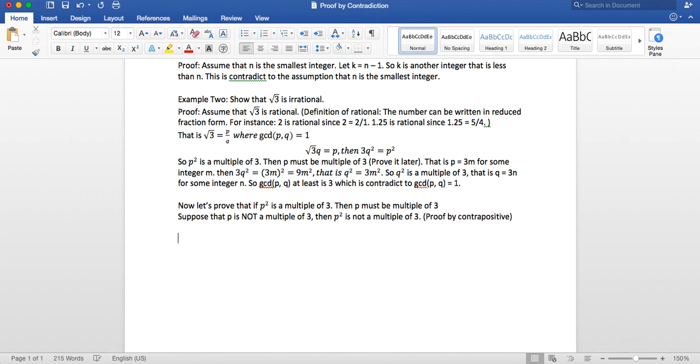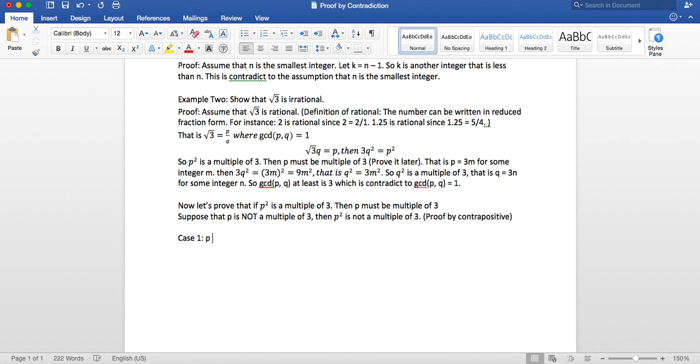Okay? Now, if p is not a multiple of 3, then p equals what? Well, let's say this way. You divide it into cases. Even when you want to prove this contrapositive, you divide into cases. Since p is not a multiple of 3, you have two cases. p divided by 3, remainder is 1, or p divided by 3, remainder is 2. Okay? So, case 1,